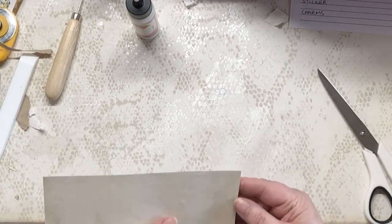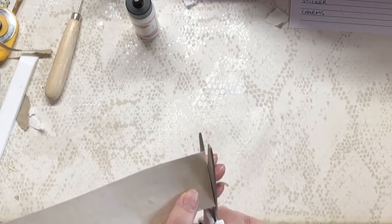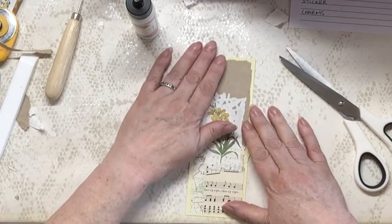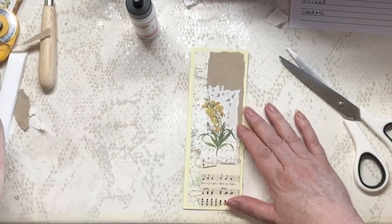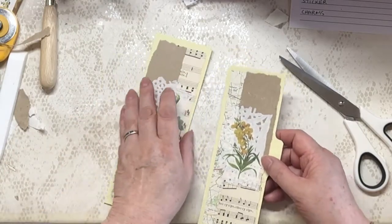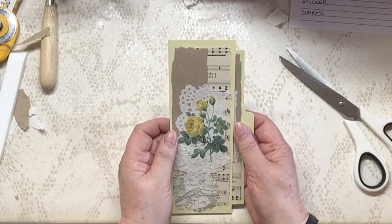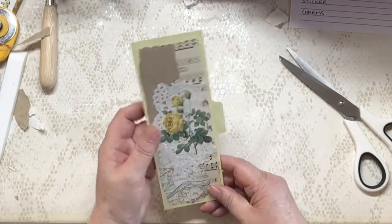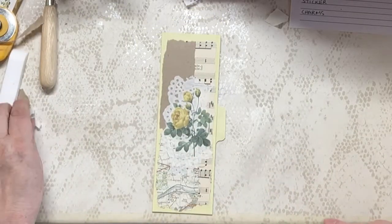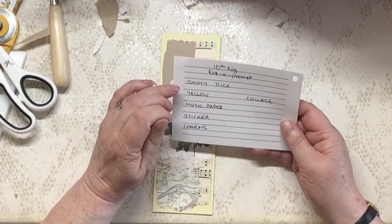There's just a little bit of yellow peeping out there, which I really don't want. That's better. Right, let's try this in and see if it fits. If it doesn't, I'll cry. Oh, look at that, it's perfect. It's perfect. Right, so the only thing outstanding on my list, although let me just check: tummy tuck, yellow, music